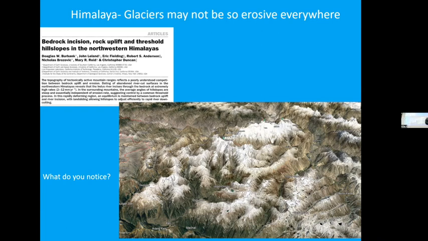I'm not pronouncing it correctly, but this area, this paper, it's one of the classic papers in my discipline, geology, showing the effect of bedrock incision, rock uplift, and what they call threshold landscape. So they would argue that rivers are keeping a landscape like this also probably in balance between rock uplift and erosion down. As rivers, you think some of these high relief valleys, rivers can become really important.